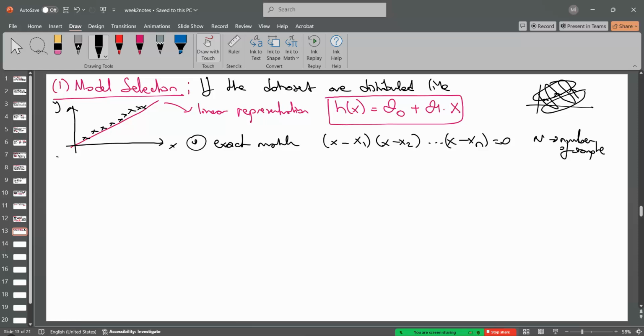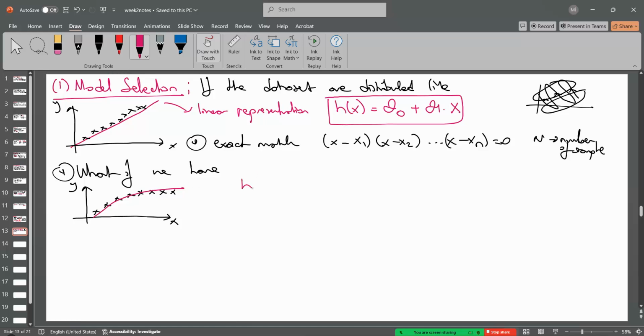Okay. And also think about it. What if we have these kinds of propositions or data distribution of y and x? This looks like an exponential graph. Okay, and so in this case h(x) must be modeled with 1 minus exponential, so the h(x) value can be considered as 1 − exp(θ0 + θ1x). Okay,